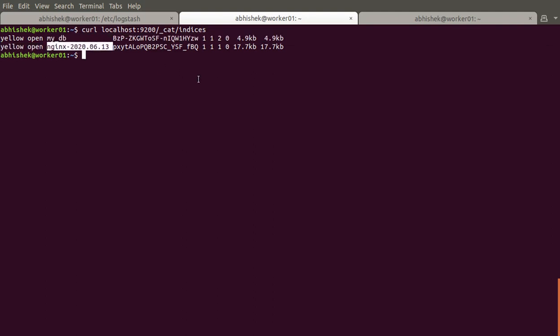You can see the MyDB and Nginx. So there is a new index created for Nginx, with the name we passed from here.